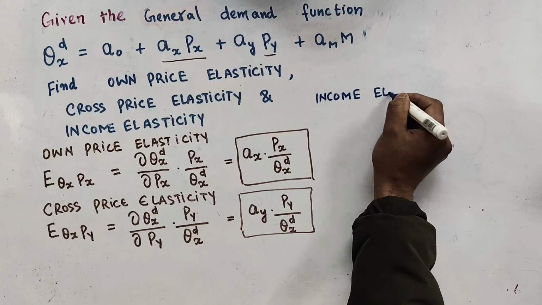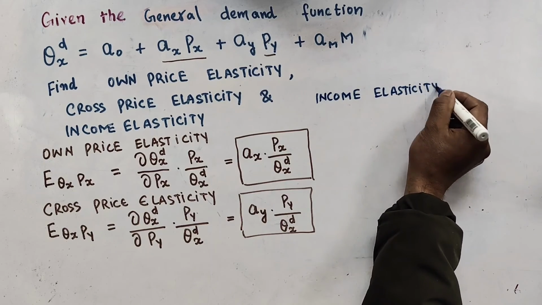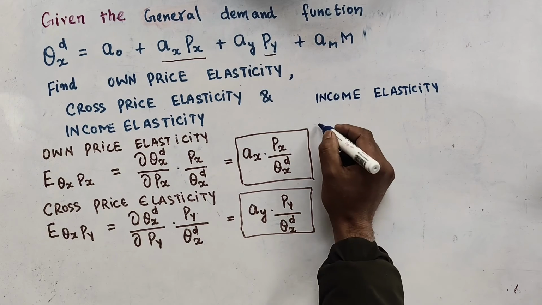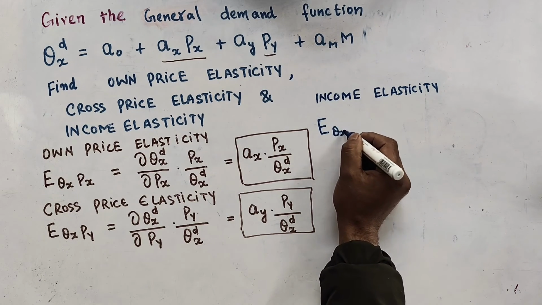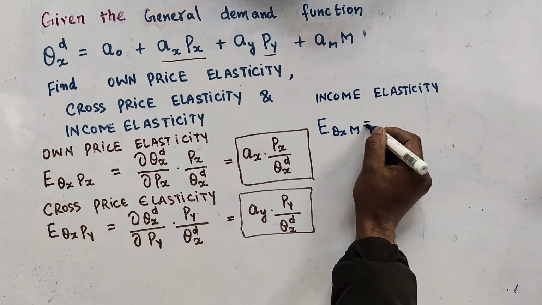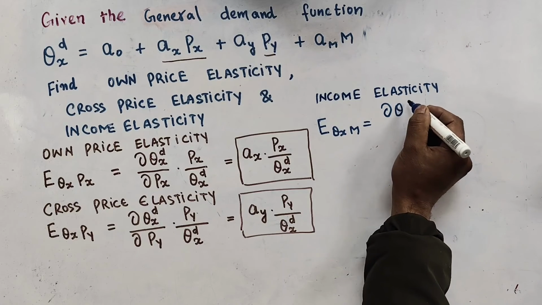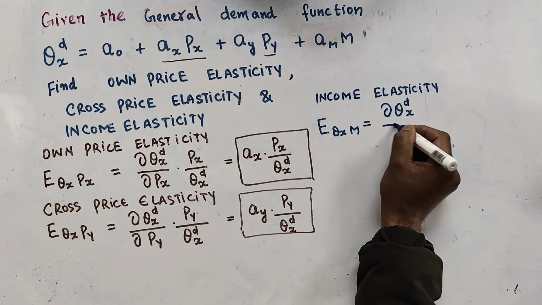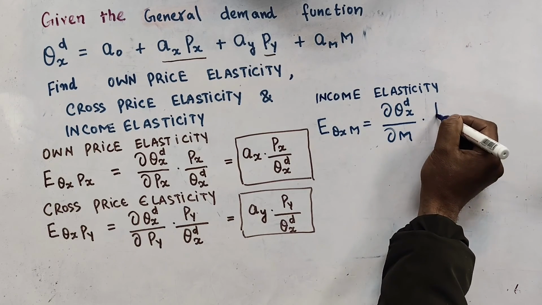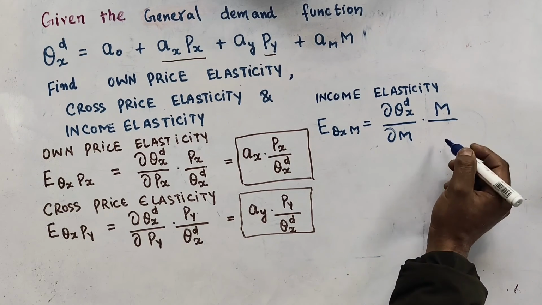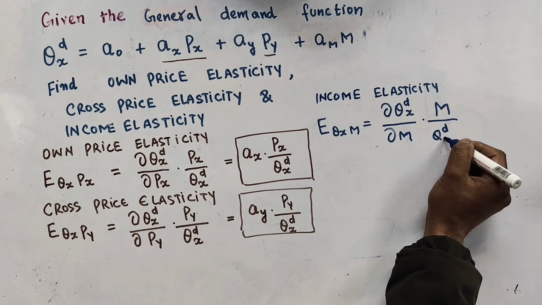Income elasticity of demand is denoted by E subscript QX M. Income elasticity of demand shows us the change in the quantity demanded of good X due to the change in the income of the consumer times income of the consumer divided by quantity demanded of good X at that